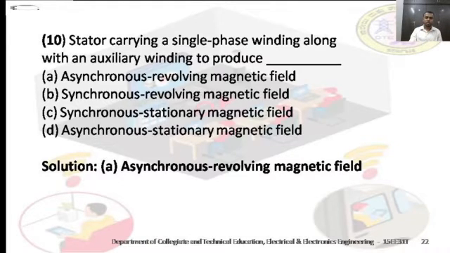So this session was all about the reluctance motor. The reluctance motor consists of only the stator to which the supply is given, the stator winding, and along with the main winding we have an auxiliary winding. The rotor is a ferromagnetic material where the DC supply is not given at all. So when supply is given as single phase, the rotor will start revolving since it's a magnetic material, and it will revolve at synchronous speed.